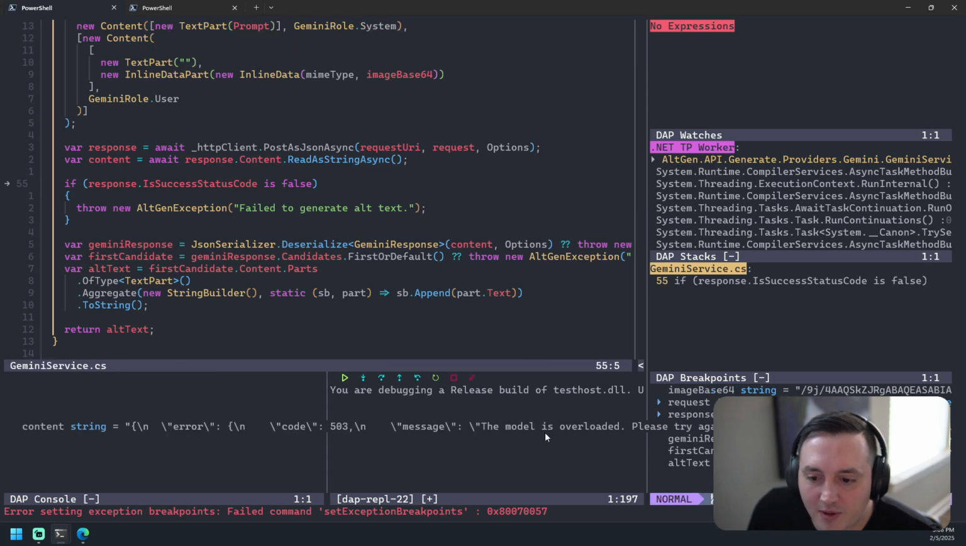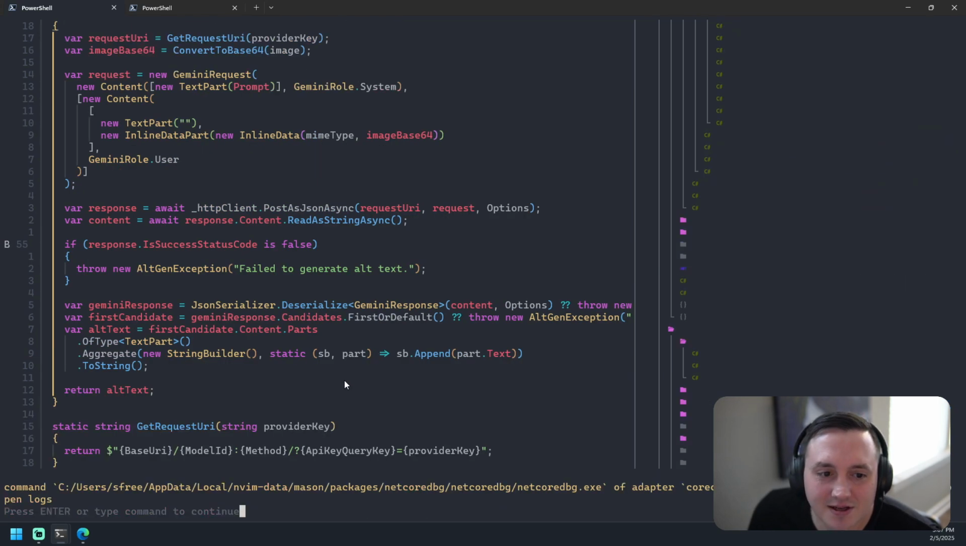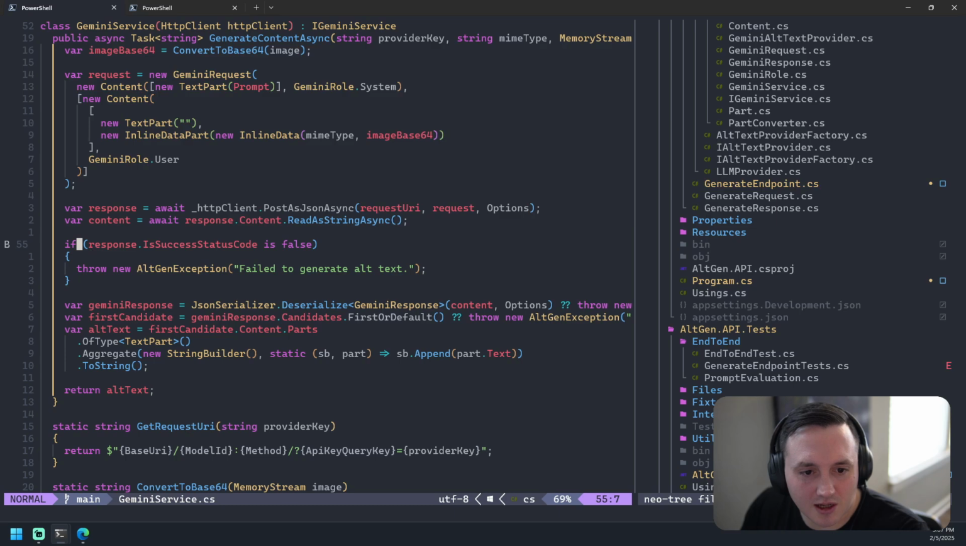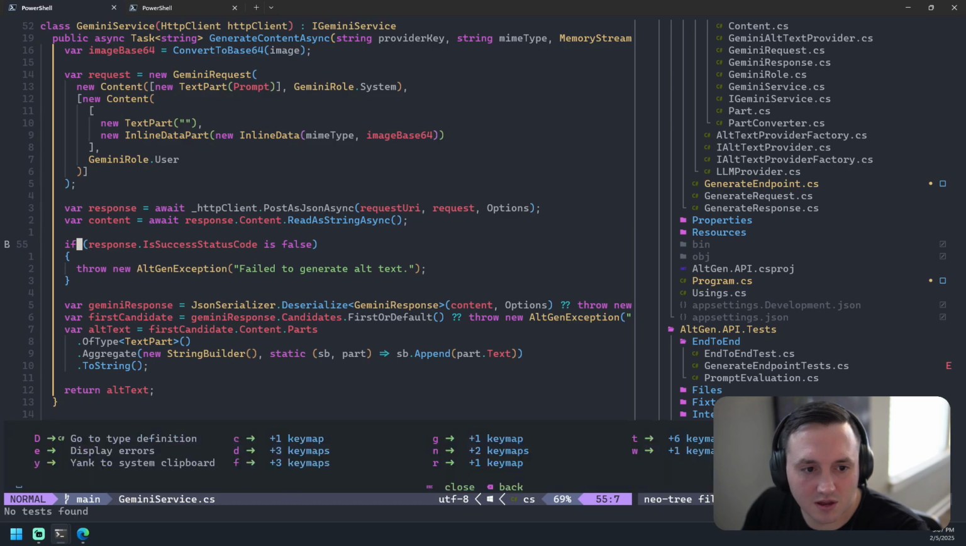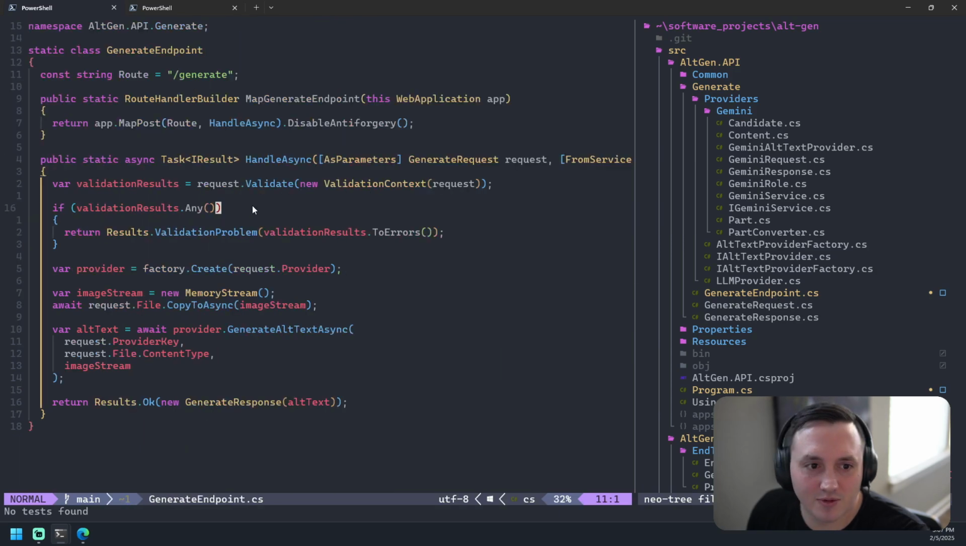Oh, the model is overloaded. Please try again later. Okay, so our end-to-end tests are failing because the system is overloaded. Okay, fair enough. So it wasn't something I did. It was just the fact that their API is down, essentially. Which is pretty crazy. So let's toggle that off,